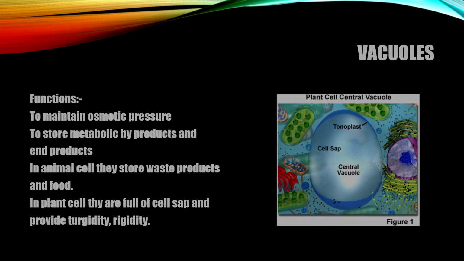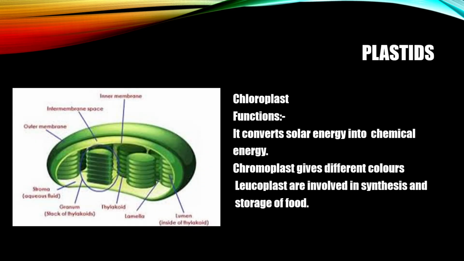Let's study the next part as plastids. What are plastids? Why are plant leaves green and flowers red, yellow, orange or blue? The organelle which gives colors is present only in the plant cell. It is called as plastid. So the color which is gained by the plant is due to the plastid. Plastids have double membrane and are of two types, leucoplast and chromoplast. Leucoplast is a white or colorless plastid, whereas chromoplast is a colored plastid.